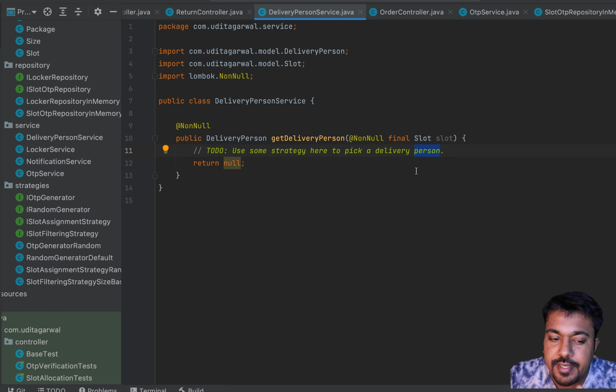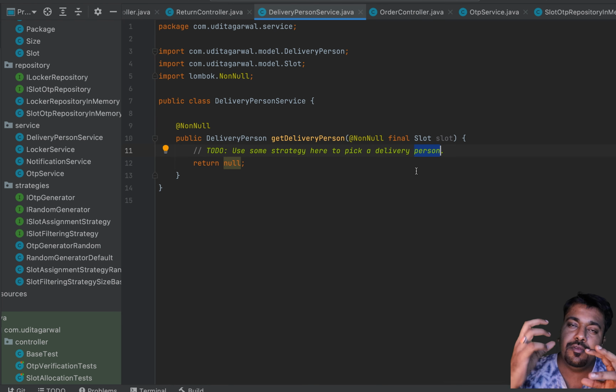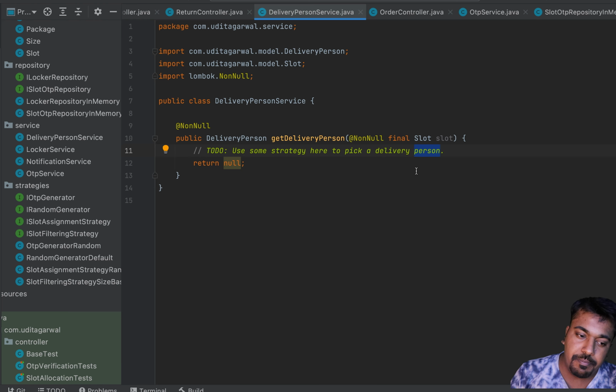I have not implemented it for the video intentionally, because I wanted you to think about the solution. I have already given you the path for how you should approach it, but I request you to implement the actual implementation and open a PR on the GitHub repo. I'll put the link of the repo in the description, and that's how you will actually learn. If I just walk you through the code, it will not be a very good learning. If you can implement some part of it, that will be very good learning.